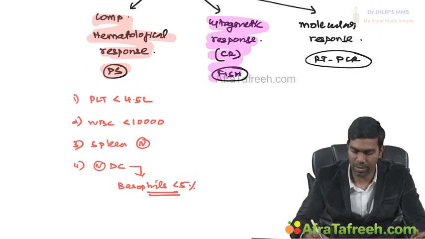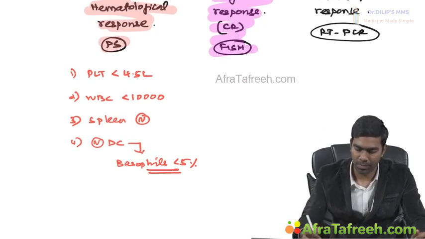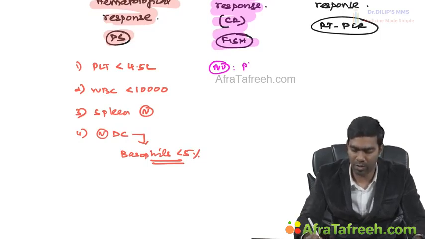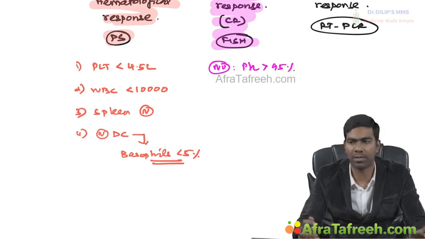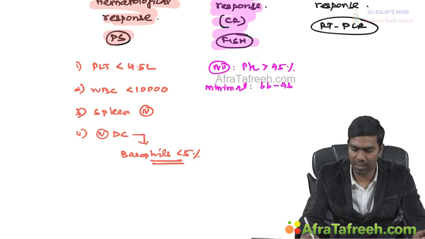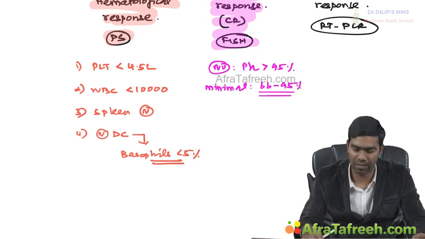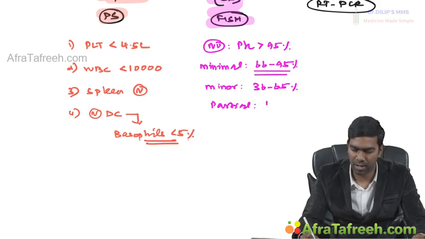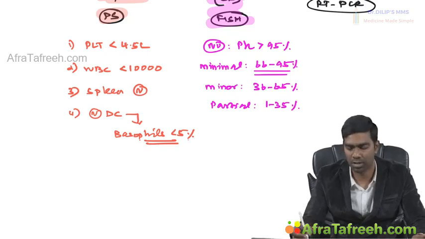cytogenetic response are. We'll put pink for this. Cytogenetic response by FISH. If there is no response, then we are going to see the Philadelphia chromosome transcripts during FISH and karyotyping. If Philadelphia chromosome transcripts are still more than 95% of the cells, then it's no response, zero response. You have a minimal response, where the Philadelphia chromosome level is 66 to 95%. Then you can have a minor response, where the Philadelphia chromosome level will be 36 to 65%. Then you have a partial response, where the Philadelphia chromosome level is 1 to 35%, and you have